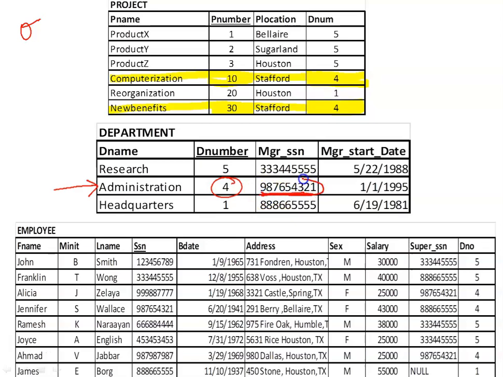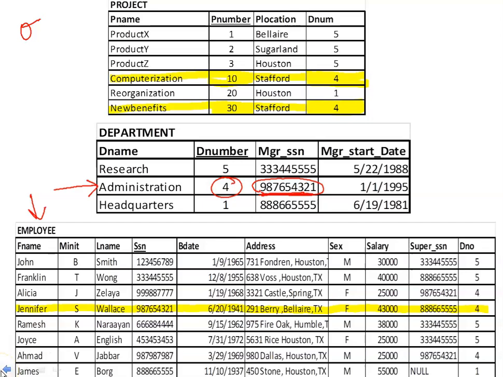Now with the help of this ID, when I refer to the employee relation, I will get to know who this particular employee is. So in this case it is Jennifer. So once I get this information, I will apply the project operation and pick up the required data.